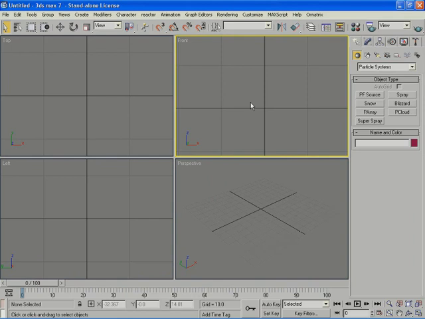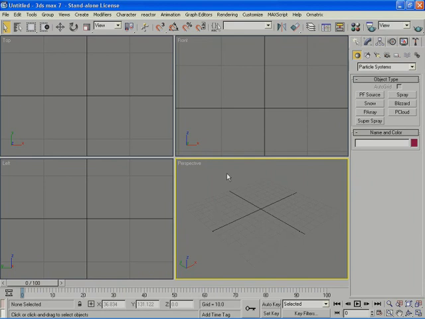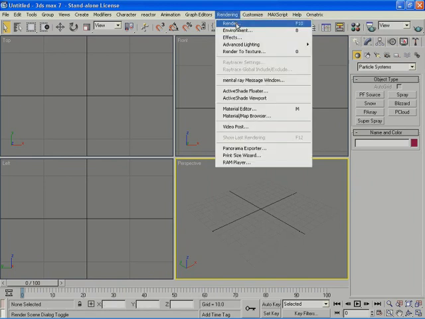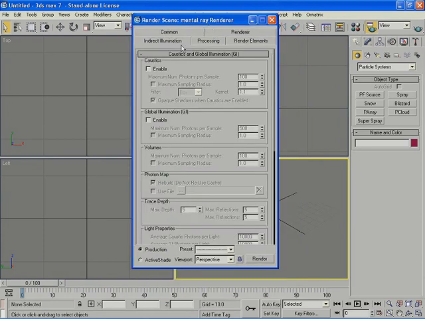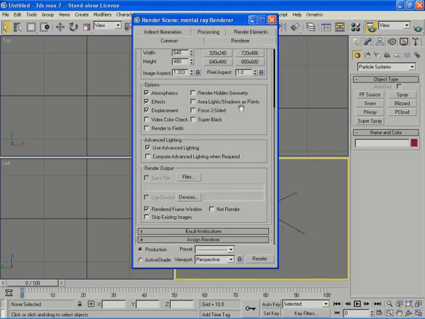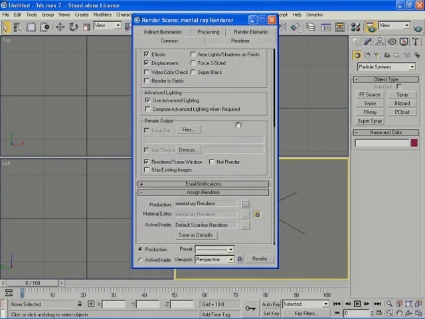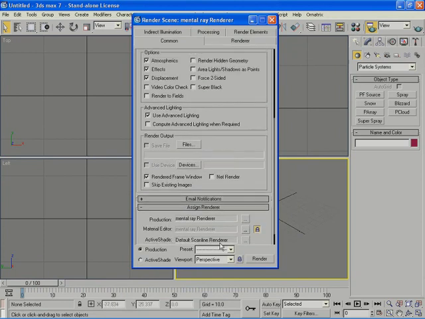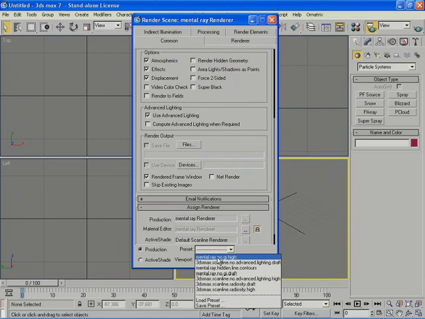We're going to use displacement and mental ray. So the first thing I'm going to do is go to my rendering. So I'm going to choose rendering, render, and I'm going to set mental ray as my renderer by going down to assign renderer. Another way to assign mental ray as a renderer is to click on the preset and choose